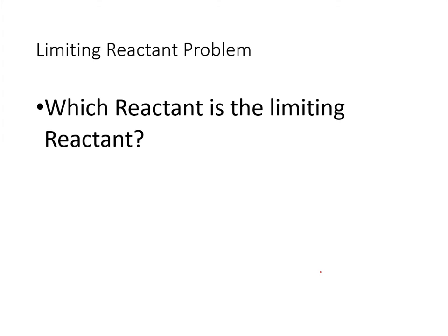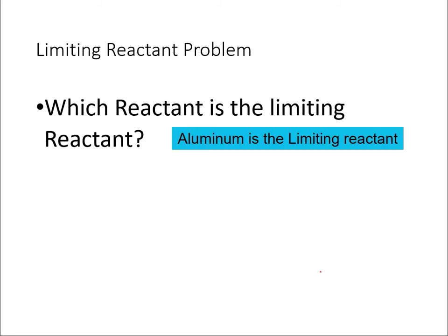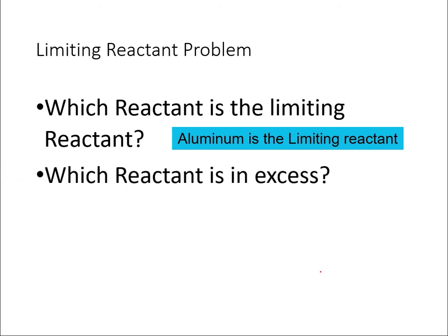Which reactant of the two, the aluminum or the iron oxide, gave us the least amount of product? Well, that was the aluminum. And which reactant, since there was only two, was the one that turned up in excess? When we were done,